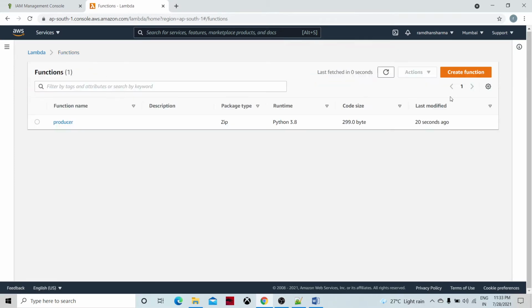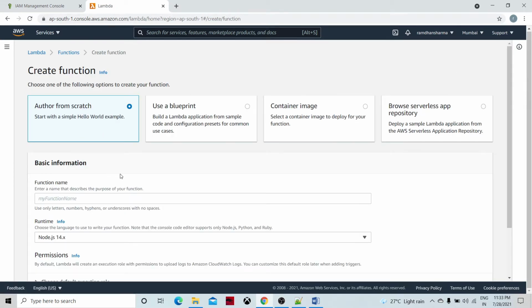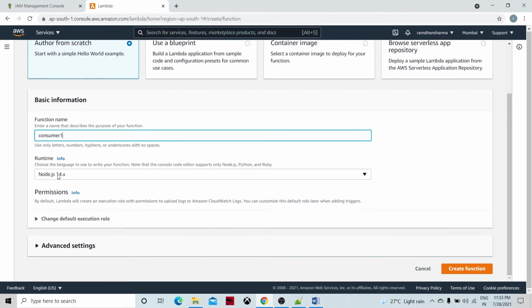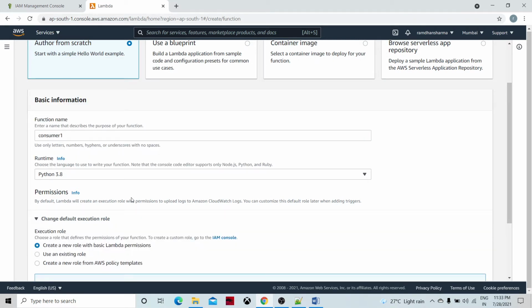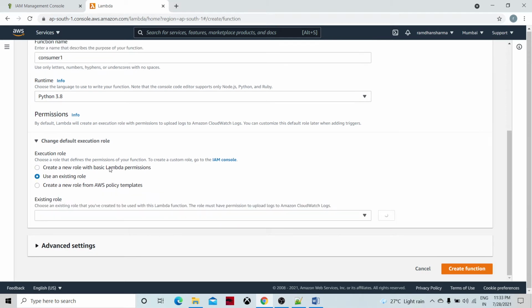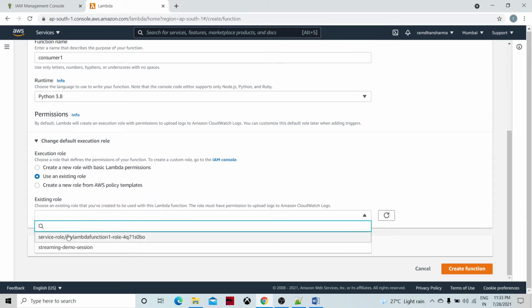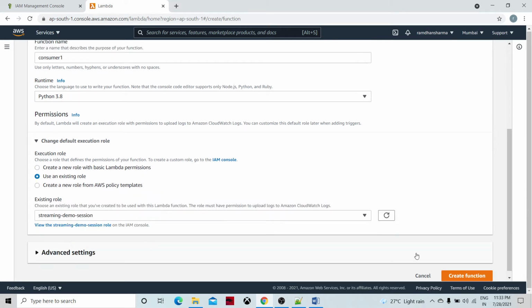So let's go again, and we are going to create the consumer functions. Let's create consumer one. Again, I'm taking the runtime environment as Python, and then I'm going to take this role again.